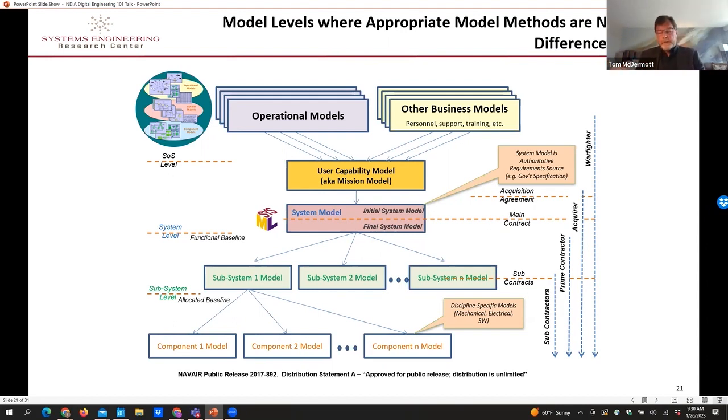So the acquirer and the developer, they can get together at any level in any one system, and they can share what they have. And so we've demonstrated in programs that we can do this 100% digitally, all the way down to signing off on a drawing or signing off on a specification in the digital tools with no human trade of paper. Everybody's working together in the modeling set.